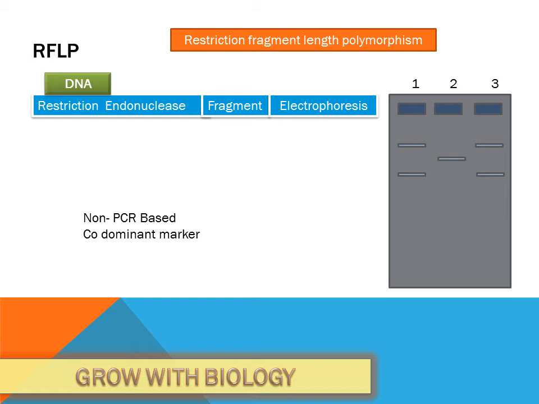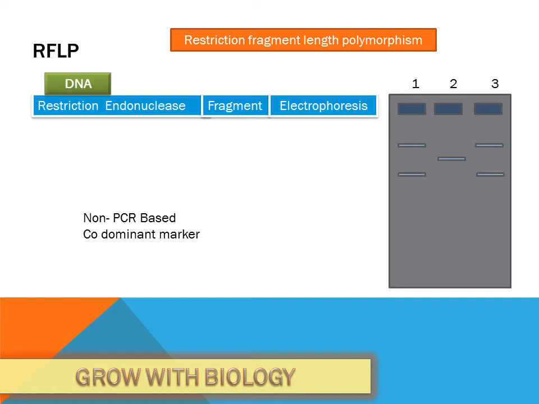will generate 2 fragments. So in lane 1 and lane 3, we find there are 2 fragments. It means both have a single restriction endonuclease site of that specific enzyme. While in lane 2, there is no fragmentation, so it doesn't have that restriction endonuclease site. Moreover, lane 1 and lane 3 have 2 fragments of equal size, which means that the samples present in lane 1 and lane 3 are similar.